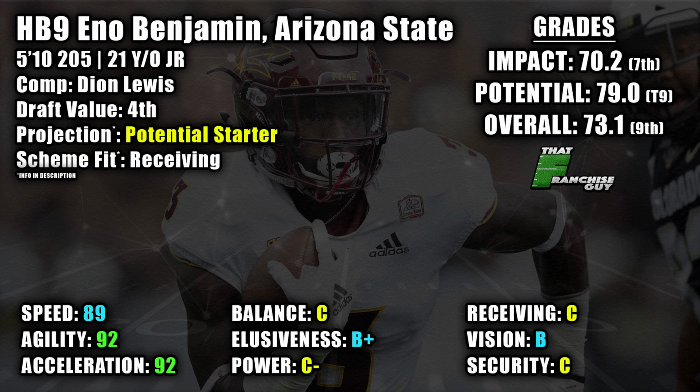In his sophomore season, he consistently made the first guy miss. Didn't do it quite as much in his junior year. So you're hoping he can kind of get that back. I've got a 4th round grade on him. You don't take him to be your starter, but maybe you are like Jacksonville or some team similar to that